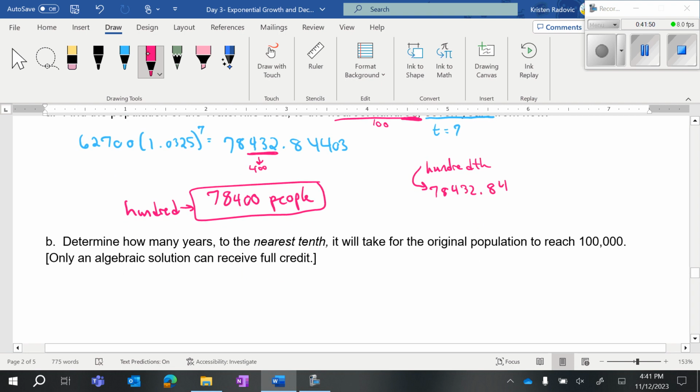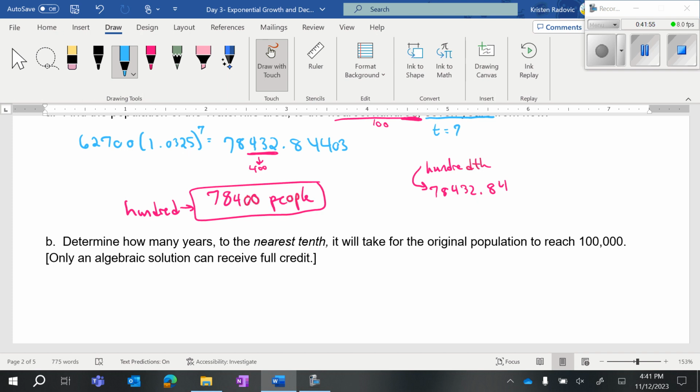And part B, determine how many years to the nearest tenth it will take for the population to reach 100,000. So we have how many years, t. This is your P of t, a future amount. So you have this on the regions would probably be 4 points, by the way. 2 for the first one, 1, you lost a point if you rounded wrong, and 2 for solving. Or possibly 1 and 3, I don't remember at the moment. You have 100,000 equals 62,700